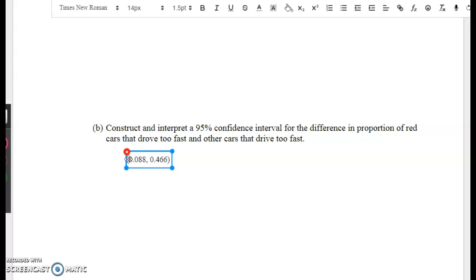And then our conclude is we are 95% confident the true difference in proportions of red cars that drive too fast and other cars